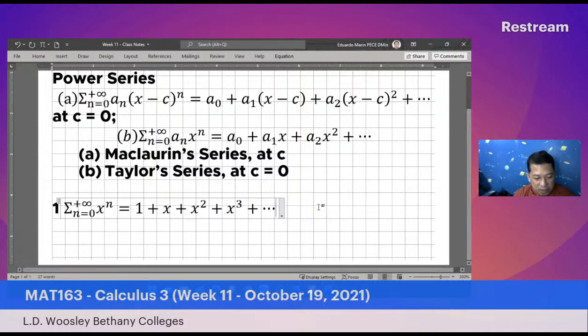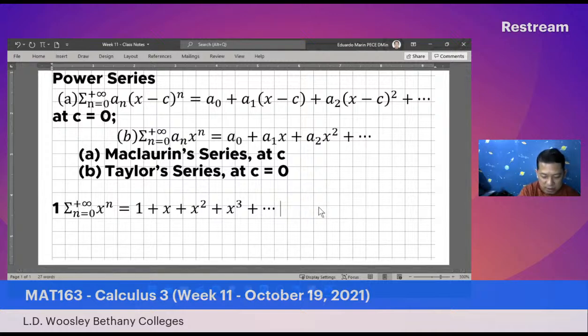So obviously, this is a geometric sequence. In fact, this is a geometric sequence or geometric series. And we know from our previous study,